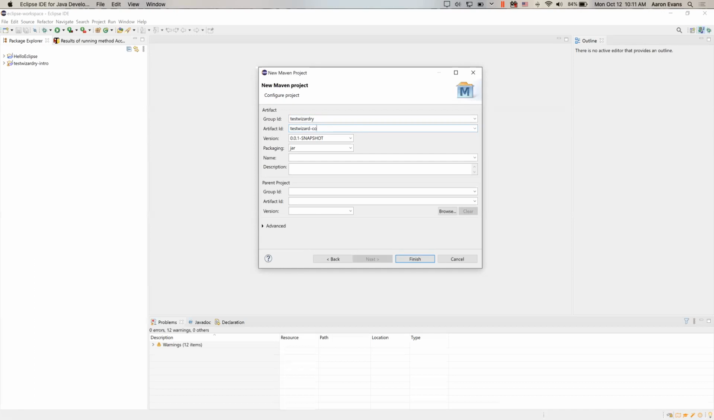We'll call it the TestWizardry console because it's the TestWizardry console game. You can see I've got another one called TestWizardry intro up above here. Now, version, that's whatever you want to call it. By default, it includes a snapshot, meaning it's not a release version. So it has 0.0.1 snapshot, and what you might see for a project, it might be version